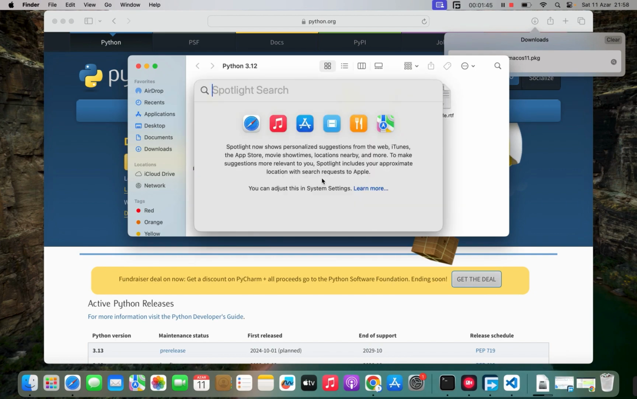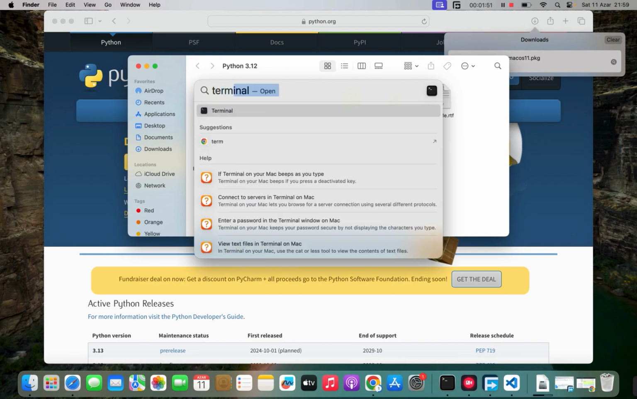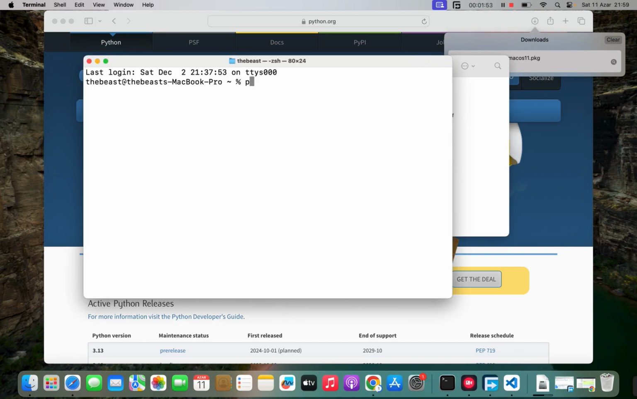You can press command and space to open the Spotlight search, search for terminal, and write down python3 --version. As you can see, it's returning Python 3.12. It means Python has been successfully installed. Start Python,